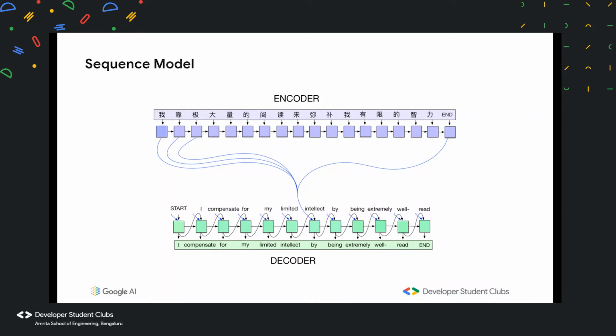Okay. Now, I did mention something that we will be using, an RNN, or a recurrent neural network, in which the input data will be treated as a sequence. So what do we mean by that? Let's take an example: we're trying to translate from a certain language. It looks like this is Mandarin, and we're translating from Mandarin to English.